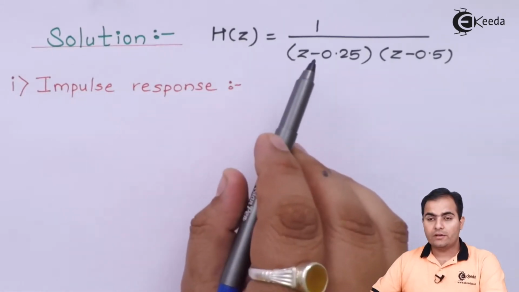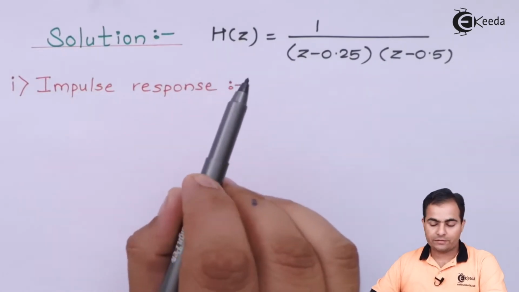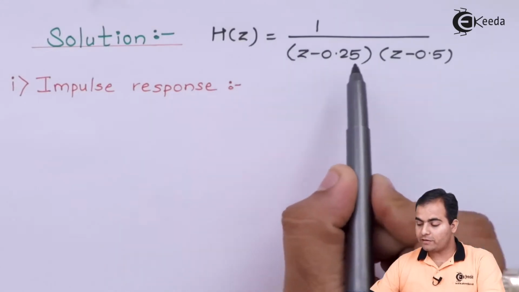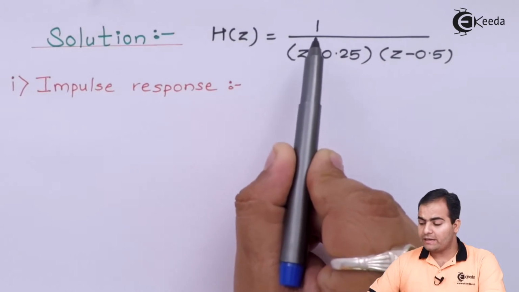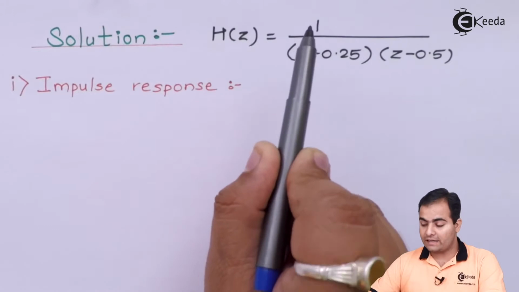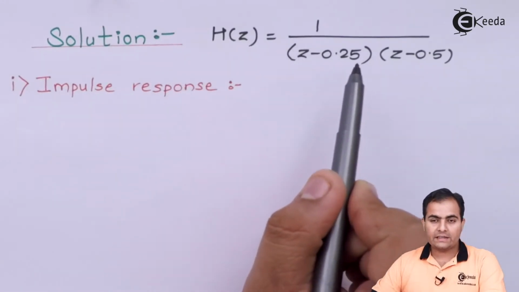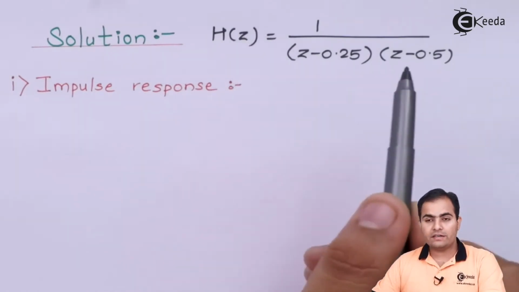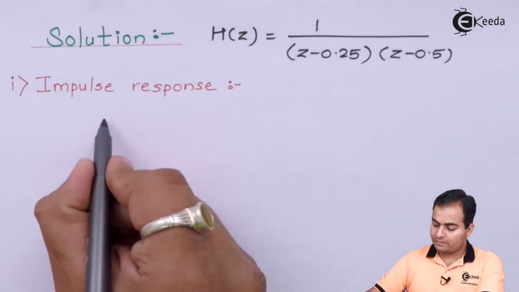So first of all, much more important, whenever we have H(z) in our question, in H(z) we have 1 upon (z - 0.25) and (z - 0.5). Now it is necessary to multiply z in numerator and denominator if we don't have any extra z in numerator. Reason is, if you keep this question as it is and apply partial fraction on it, then the result you will have will carry this type of response.